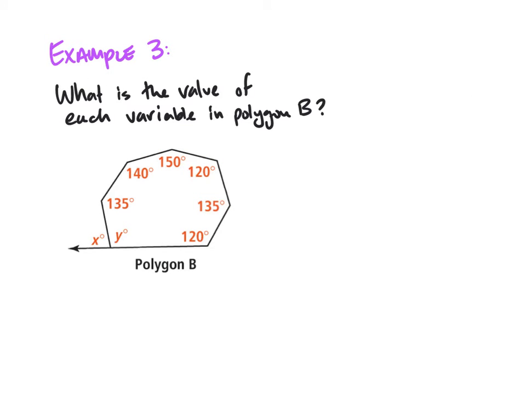So that brings us to this third example, which is going to be maybe a little bit trickier. We have to find the value of the x and the y in my picture here. Now if I look at the x, I see that it is an exterior angle, but it's only one of them, so it's not going to be 360 because that's what all of them would add up to. And I'm not going to just be able to take 360 and divide by the number of sides that I have, because that would mean that I'm thinking that every one of the exterior angles in this picture would be